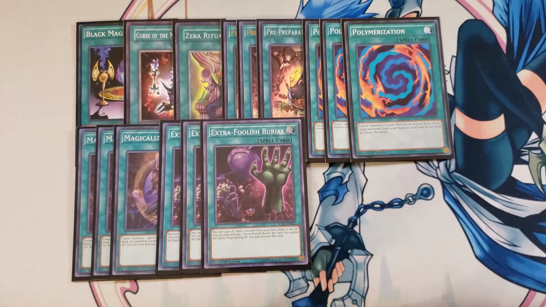Extra Foolish Burial is incredible in the deck because it has the ability to pay half your life points and then you send a monster from your extra deck to the graveyard. And you can only use the effect of this card once per turn, and you can't set spell or trap cards the turn you activate this card, which is again not that big of a deal because we're not setting